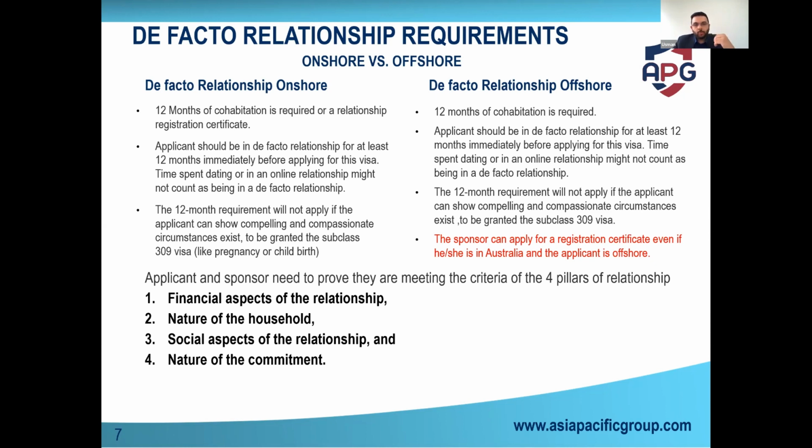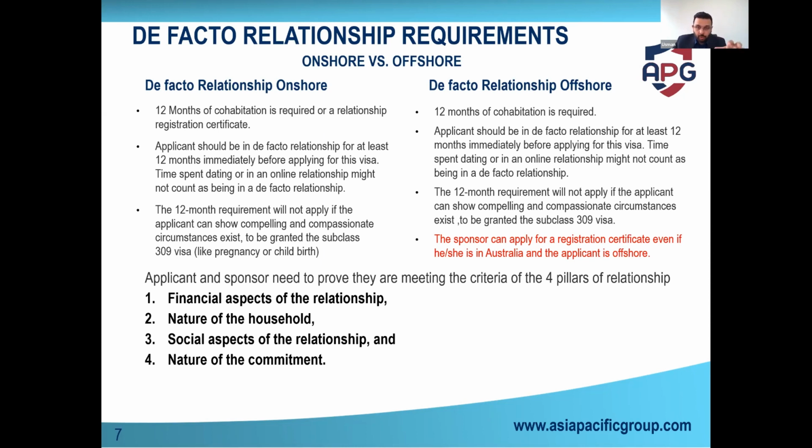For example, in NSW, there's a department called Births, Deaths and Marriages. Their job is to register marriages, births, deaths, relationships, divorces, everything. So what you do is you go to them, you register your relationship, and get a certificate. That certificate is very solid, and it can establish that you're in a relationship.